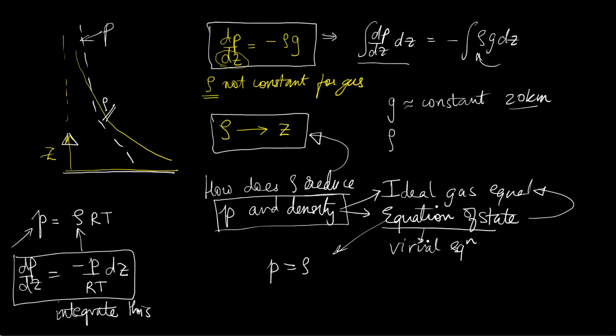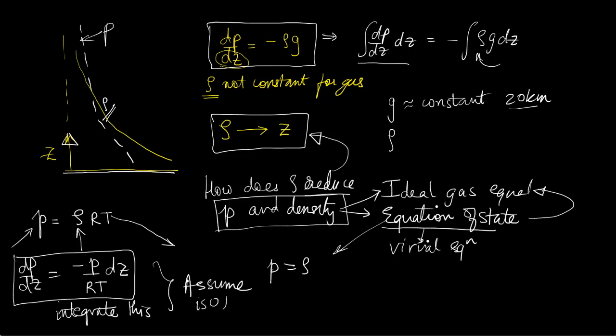Any doubt in this so far? Sir, I was wondering about temperature. If pressure increases, density increases, then temperature should also change. I mean, we are assuming temperature to be constant. Yeah, so the point is temperature is also a function of z. But when we do a first kind of derivation, we can assume